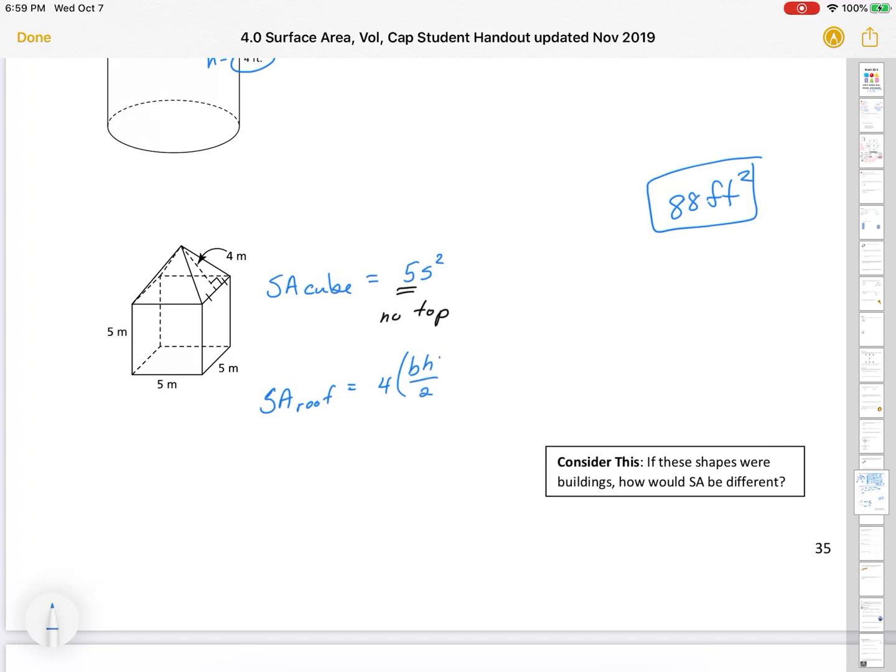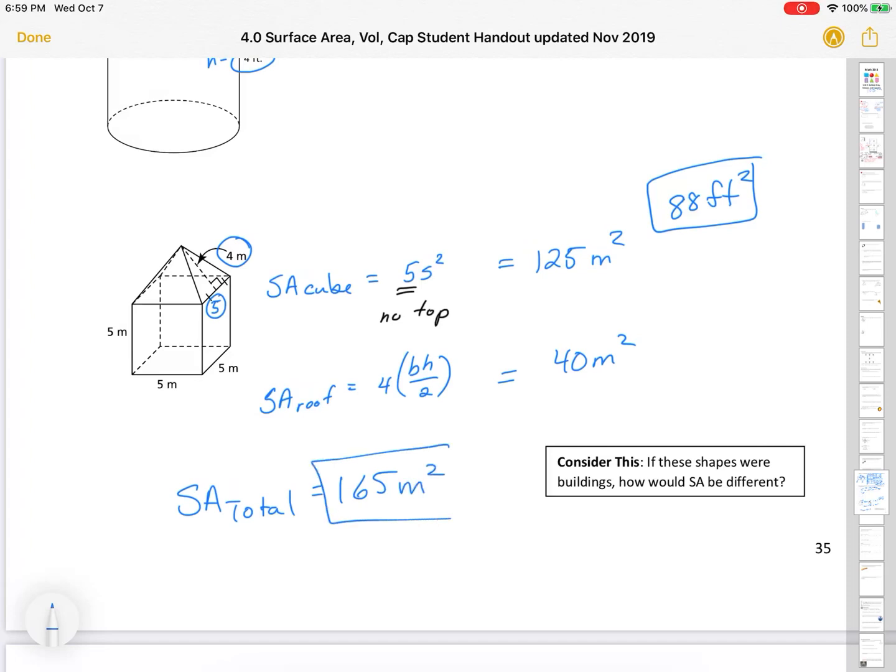it's all triangles, so they're going to be 4 times base times height over 2. And you have the slant height and you have the base, so you have this measurement, this is a 5, so you have enough to solve for that. When you do the surface area of the cube, you should get 125 meters squared. When you do the surface area of the roof and you multiply that through, you should get 40 meters squared. And your total should be 165 meters squared. Okay? When you do all those pieces, that should be what it works. Now, that surface area, it's breaking it